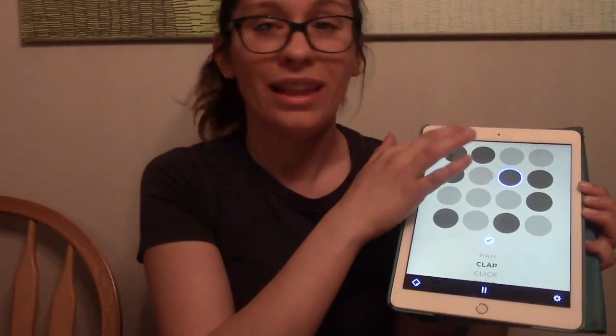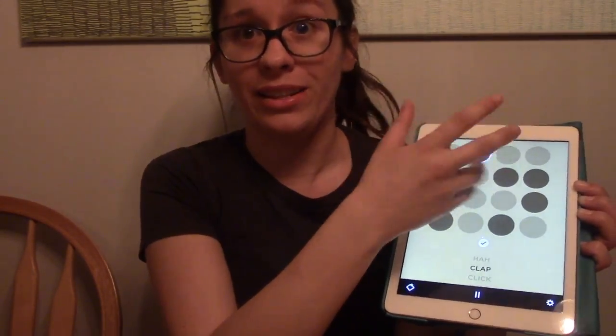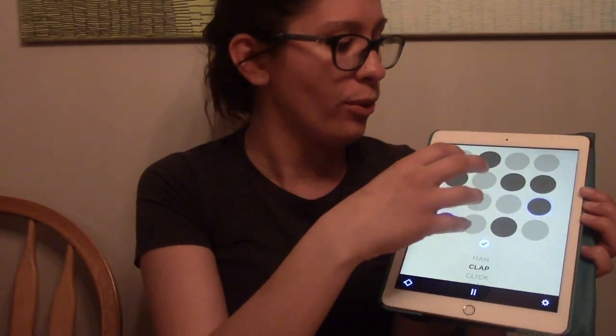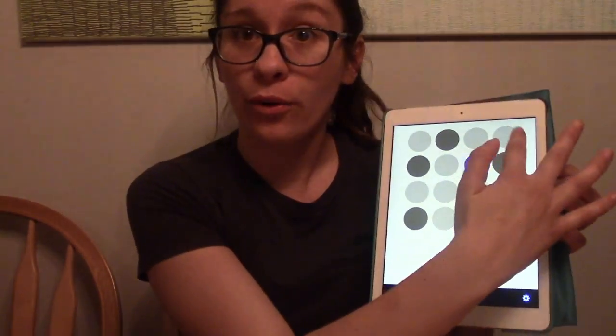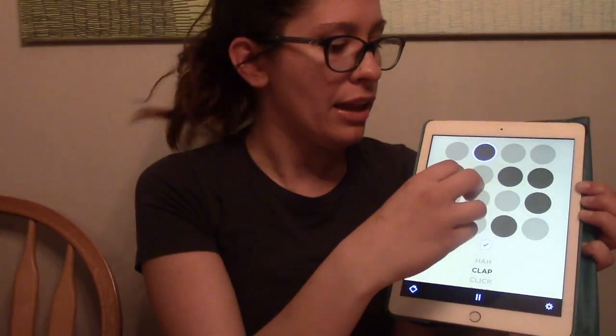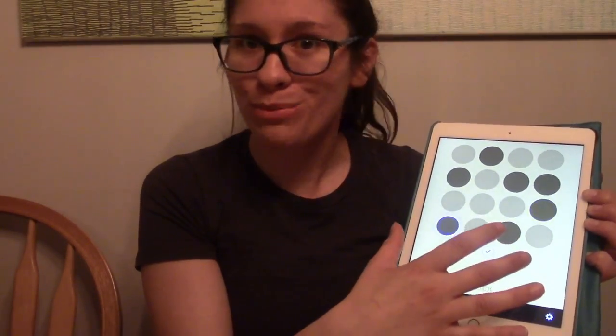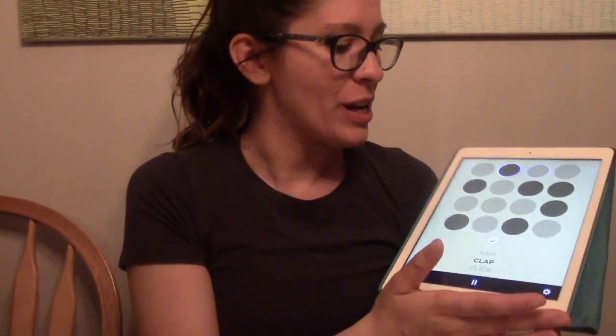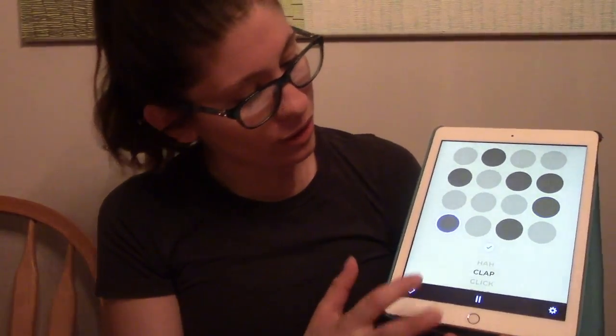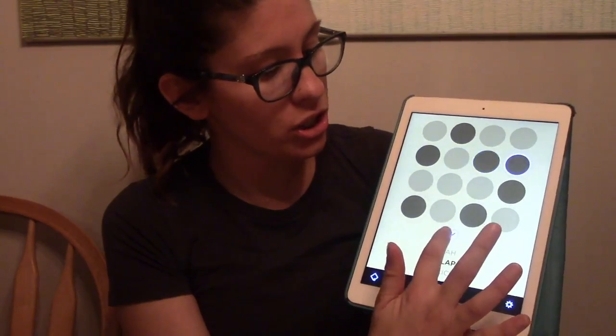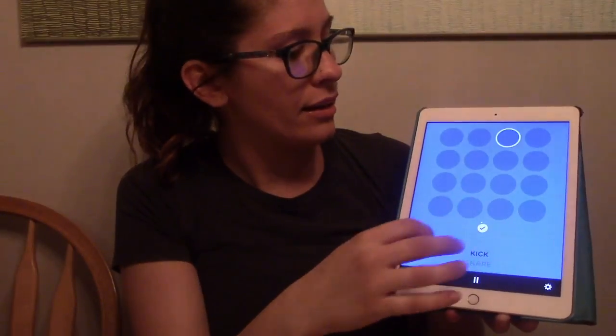And then you kind of just play with the circles with the kids, and you see the fascination. It's actually a good assessment tool because you see if they can focus on this plane here and not try and find everything else, which most of the time they do, which is fine. That's totally normal. They're very curious. So anyway, if you like it, you hit this little check mark and you can add another beat.